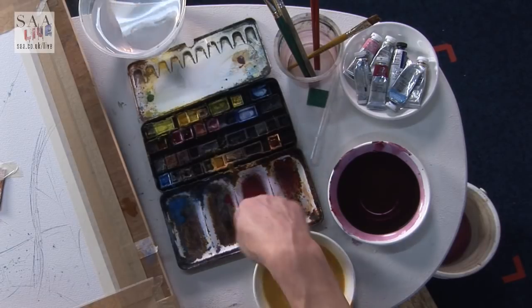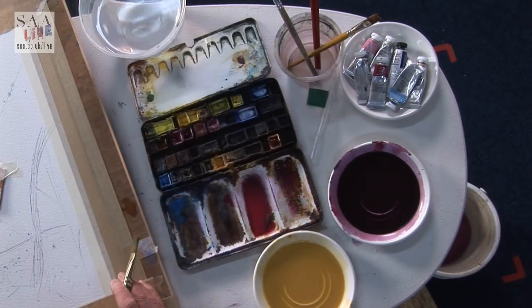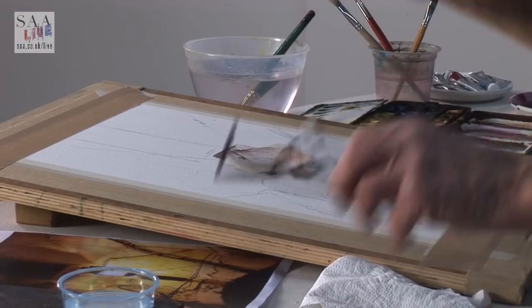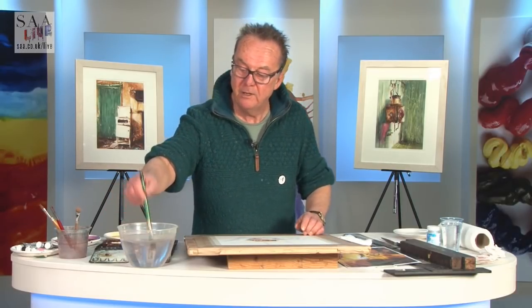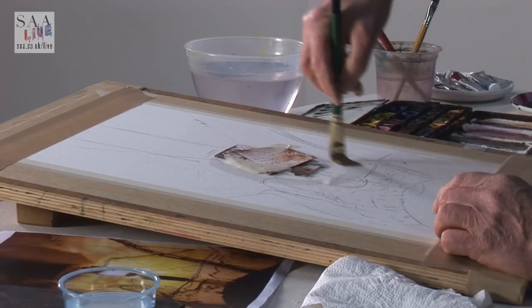I've already prepared a mix of yellow ochre, a little wash of rose madder. I've got some burnt sienna in here and some spare things. We'll see how we go. First thing, I'm going to apply water, clean water. First thing should be, I should put my glasses on, I'll be able to see what's going on. Right, second thing, get some clean water on a wash brush, any wash brush will do, and just go round